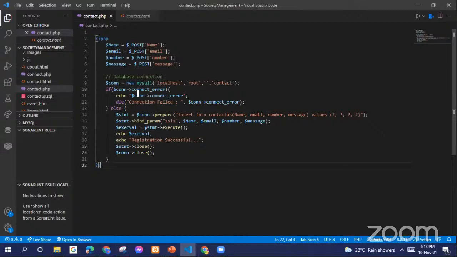Then we will check our connection. If the connection is error, then it will show the connection fail, or else if the connection is okay, then it will show the registration successful. So echo will display the output here. So here you can see that